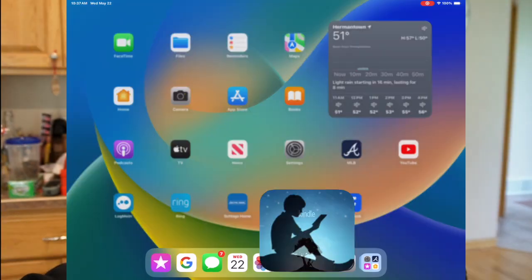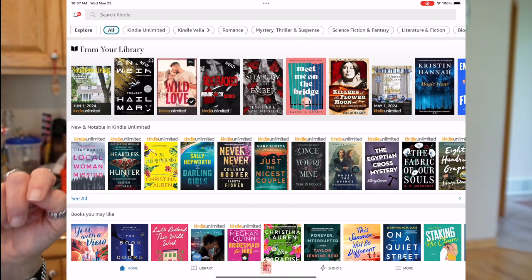So I'm going to jump over here. I'm going to get on my iPad, and I'm just going to do a screen recording as I talk about these things. I debated how to do this, if I should do a screen recording or if I should film my screen while I'm doing it. I think that a screen recording is going to be the way to go. So I'm just going to start a screen recording on my iPad and jump into the Kindle app,